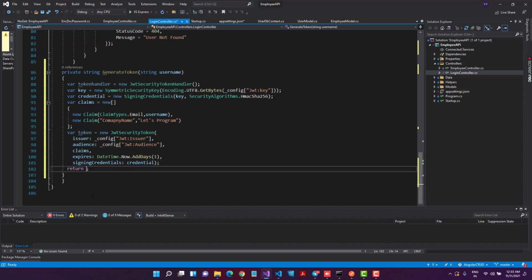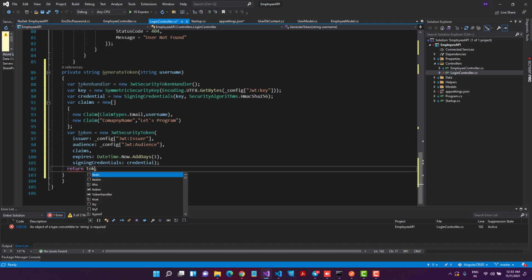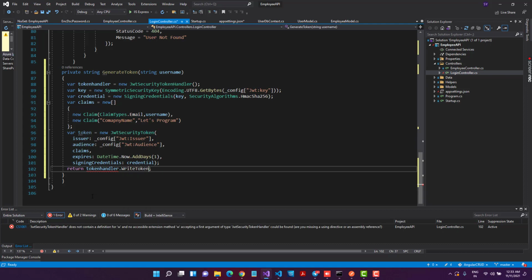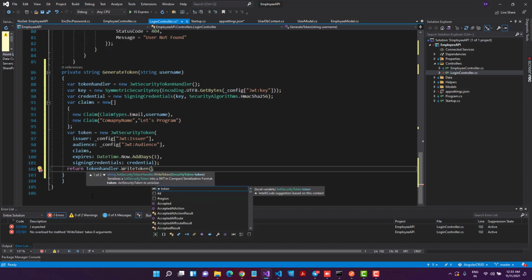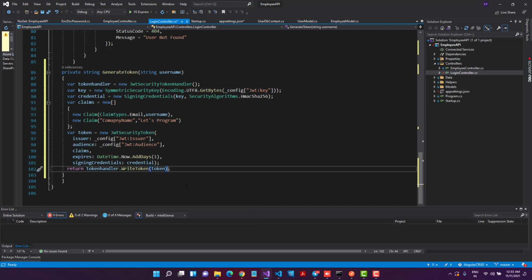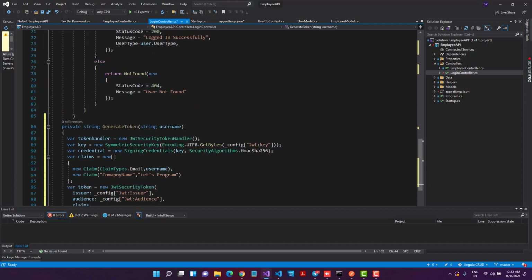So I'll say return token handler, which we have created on the top, dot WriteToken, and pass this token value. See, this is asking for the security token which we have created here. So let's pass this token. So we have done actually 50% right now. And when I want to generate this token, we have to check that also.